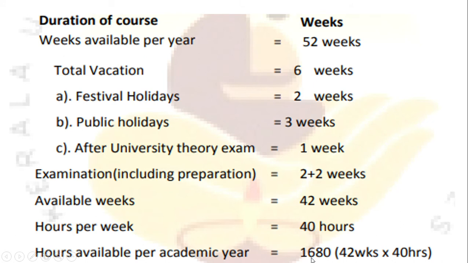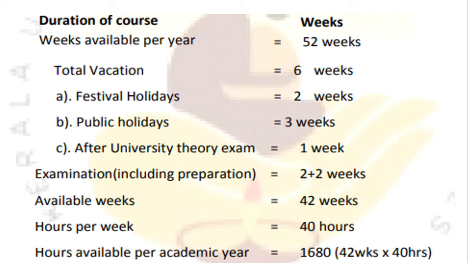1680 hours per academic year. This is for both theory and practice. So we have a maximum of 1680 hours. It means when you plan the mass rotation plan, you will see that we won't get 1 hour extra or 1 hour less. So we cannot do any adjustment on this one. So we have exactly 1680 hours, except the holidays, in our hand for theory and practice.